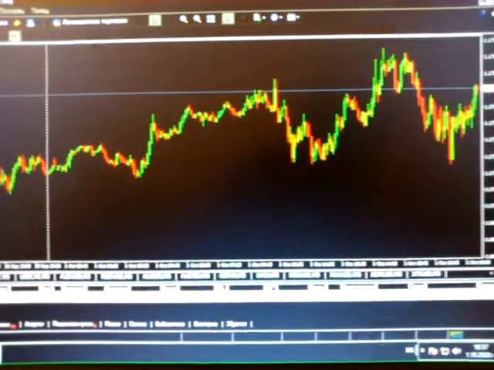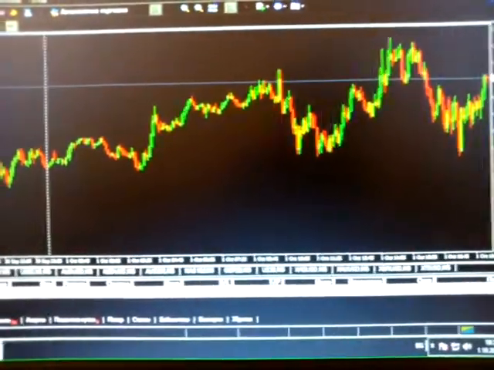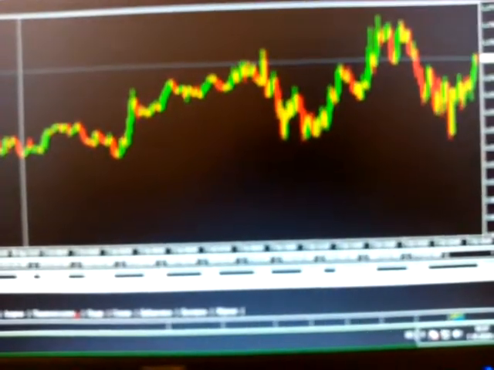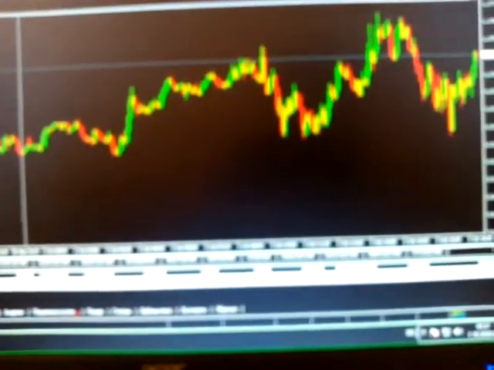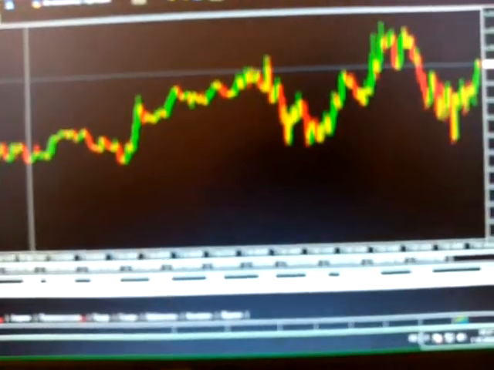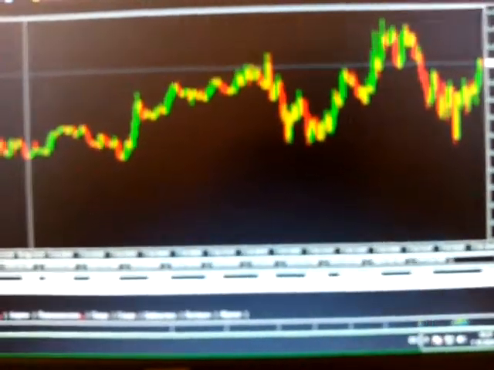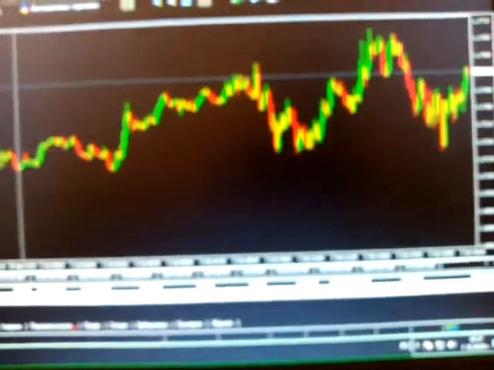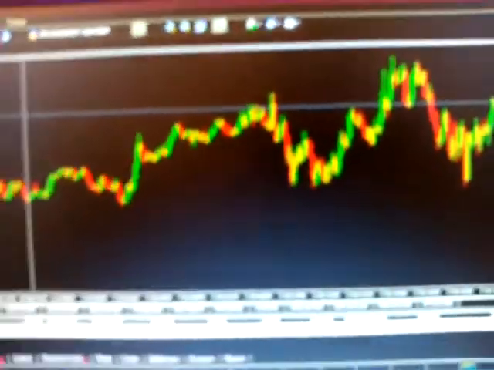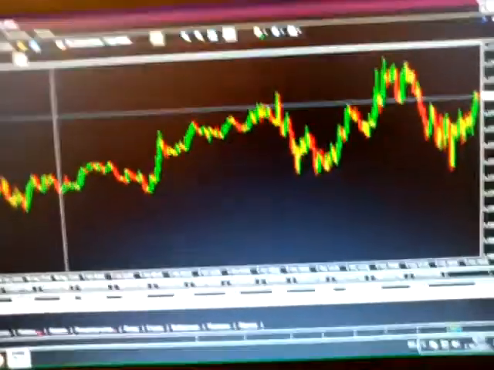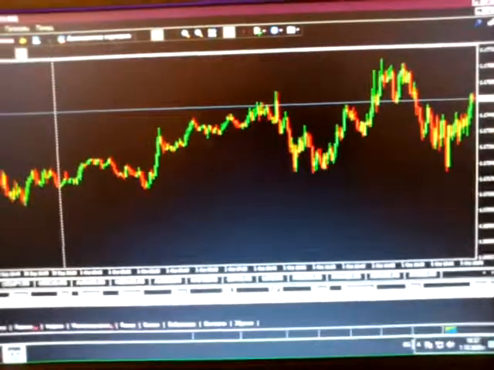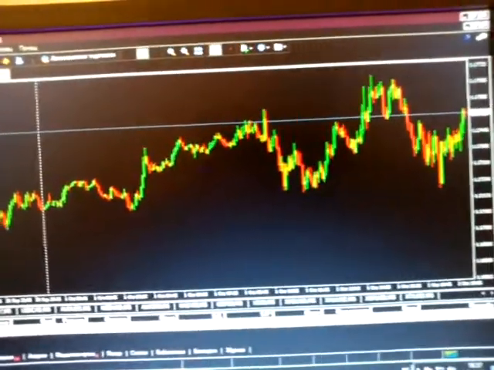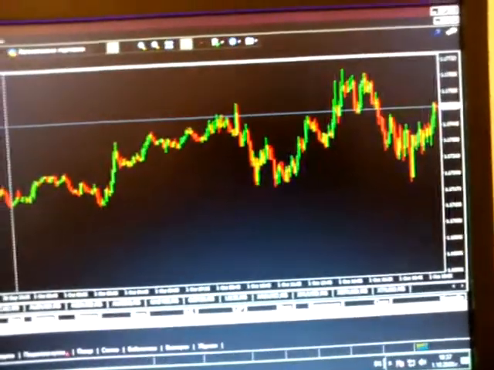First, the number of bars. The number of bars of the same color are like tossing a coin, okay? And this is only the color, not the height, just the color, red or green. Red for the market going down, green for the market going up. So the number of bars with the same color are